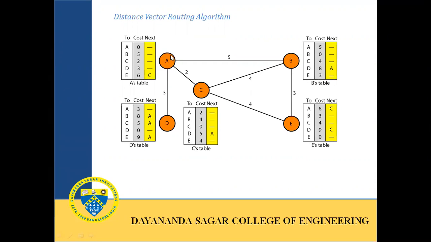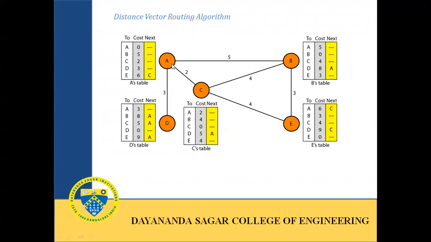So the distance vector routing algorithm helps in calculating the shortest distance to reach any destination. As you can see in the diagram, there are 5 nodes or 5 routers you can consider. And each router is maintaining a table. And in the routing table, it has 2 vectors. One vector indicates the distance for each of the neighboring nodes or routers. And the second vector indicates the next hop entries. So if there's a distance, it means that there is a path. So it can reach the proper destination.